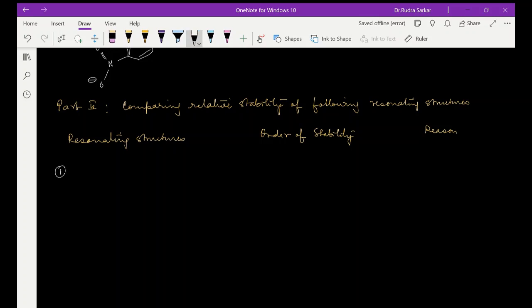We're calling this 1. So its resonating structure obviously will be this, now we're calling this 1 and this 2. So here 1 is more stable than 2 because the reason being